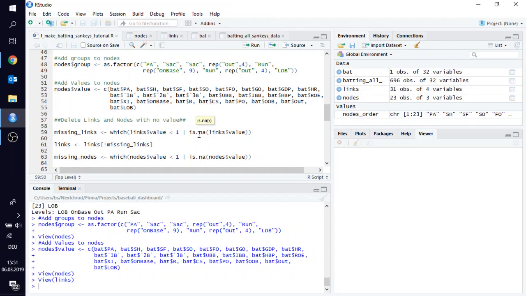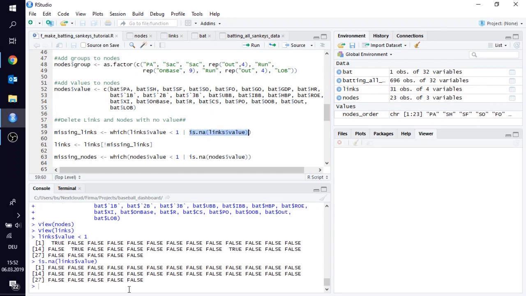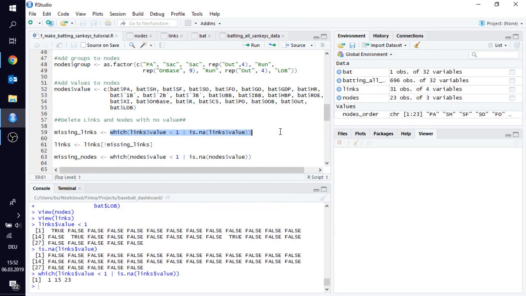I want to find out which elements in the value column are less than 1, or I should also work with equals 0, or are NA. Turns out nothing here is an NA. There are some players where there are NAs, so I have this in here. So if we run the which function, we can see,